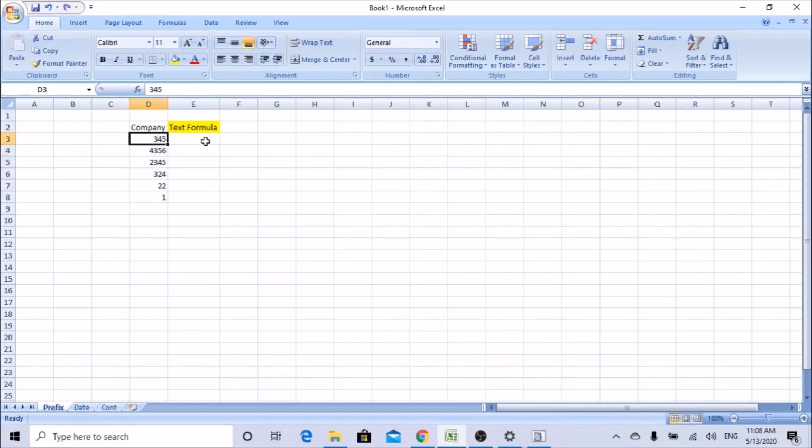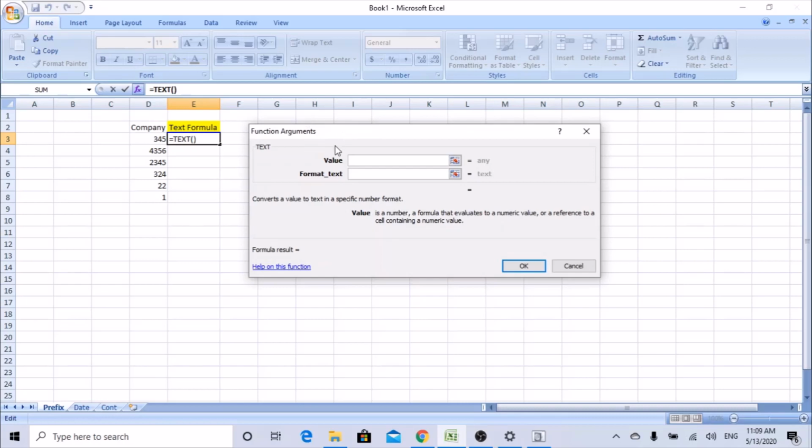Let's start. We have the data here. So let's start with the formula. Any formula, you need to start with equals or plus. So let's start with equals TEXT, open bracket. You can hit tab. A lot of people directly write the formula from here, but there is another option called insert function. Let's click on this. As you can see, a function arguments box has popped up, so we can add the values. It is easy to add in each box so that we know what we are adding there.